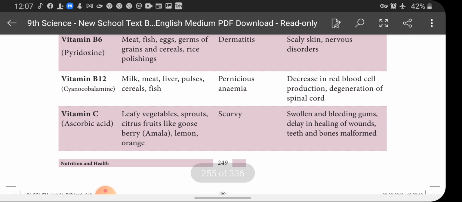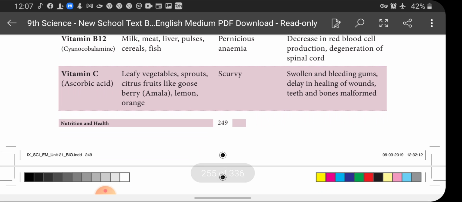Then vitamin B12, cyanocobalamin. It's present more in milk, meat, liver, pulses, cereals, and fishes. And the deficiency disease of B12 is pernicious anemia, and the symptoms are decrease in red blood cell production and degeneration of spinal cord. And vitamin C, ascorbic acid, is found in leafy vegetables, sprouts, citrus fruits like gooseberry, lemon, orange,